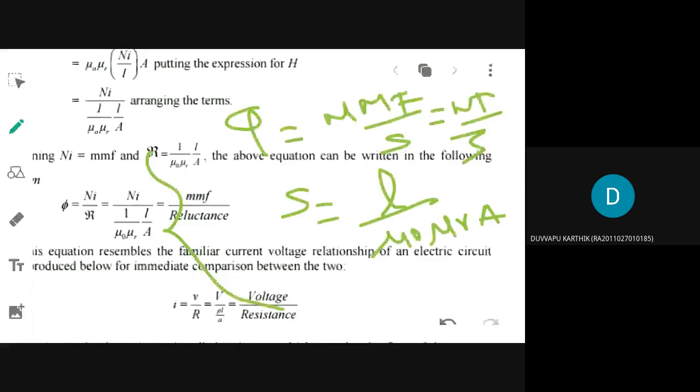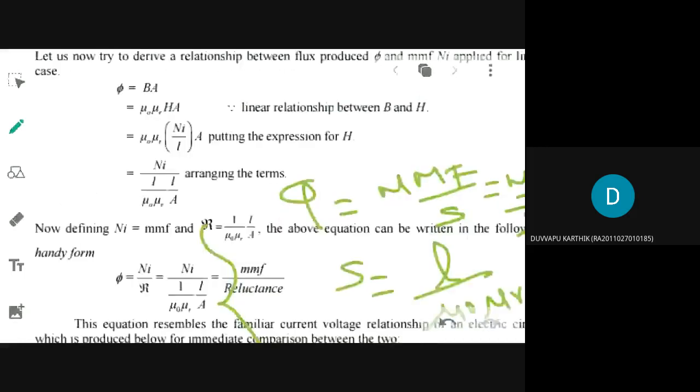Okay, how I have derived that S, did you understand or not now? Yes, ma'am, understood. Do you want me to derive it again or did you understand? That is from this relationship only. You are going to substitute B, which is mu naught mu r H, you are substituting for H. Then you are grouping all these terms. That's all.